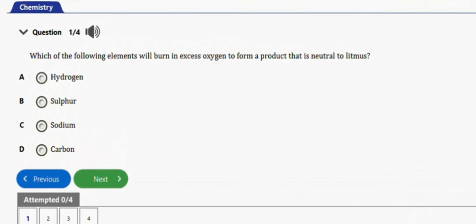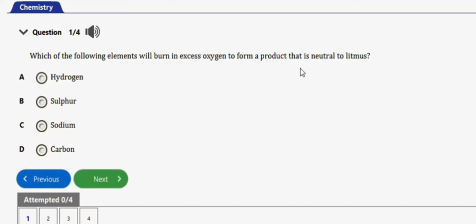In this video, we're going to learn how to solve these chemistry problems on oxygen. So guys, we have 4 repeated questions to practice with in this video. Let's get started. The first question I have here says, which of the following elements will bond in excess oxygen